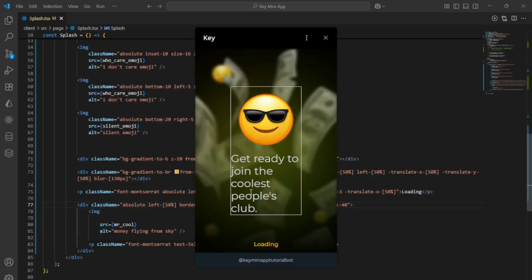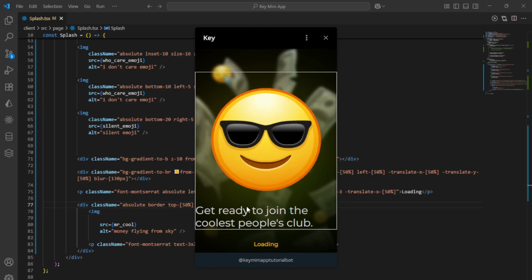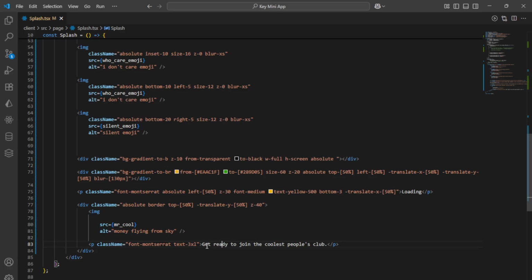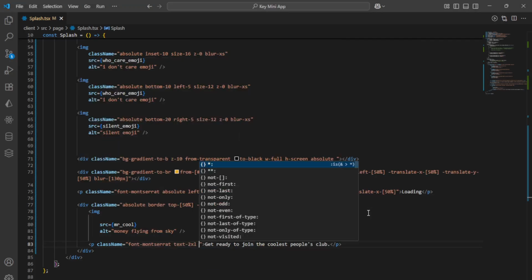You can see that is not looking good at all. Then I have to remove that left right and translate X. I just remove that. Now it looks like that, taking full width. Okay, so I just reduce the text size, which is 3XL, and then font is medium,